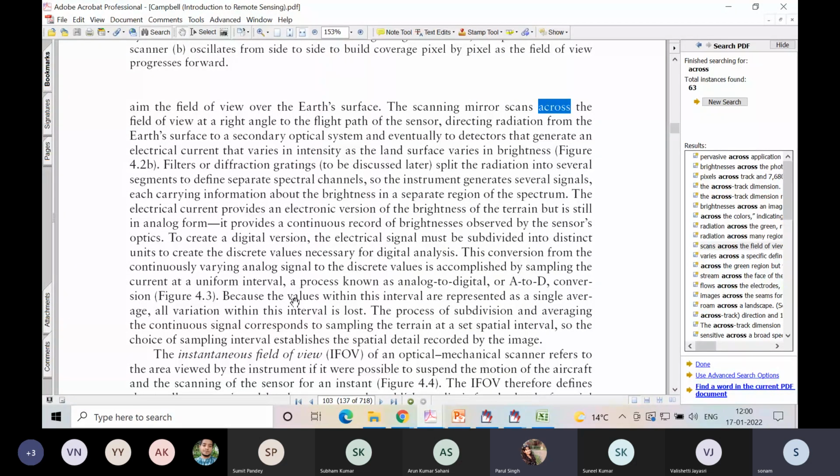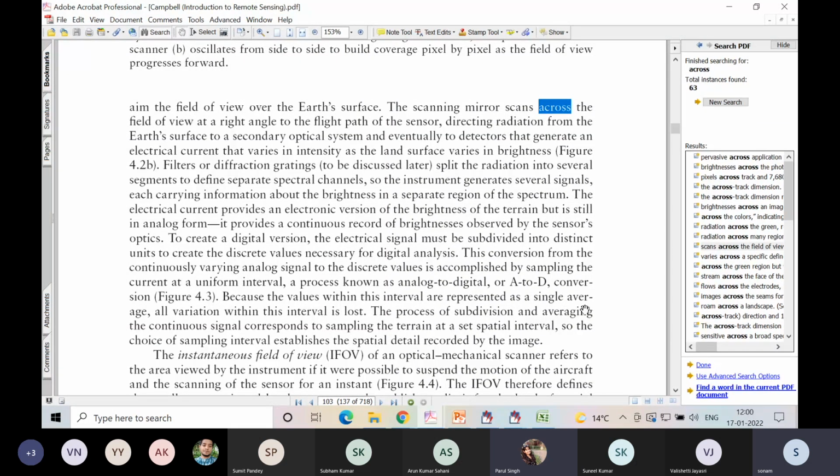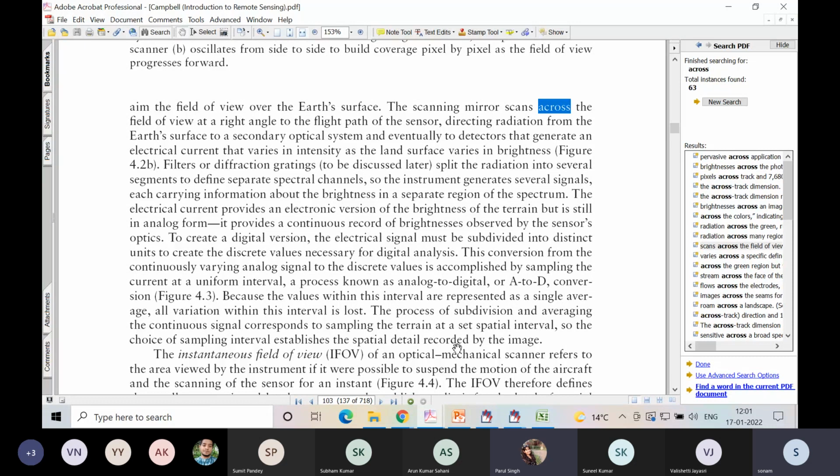Because the values within this interval are represented as a single average, all variation within this interval is lost. The process of subdivision and averaging the continuous signal corresponds to sampling the terrain at a set spatial interval. So the choice of sampling interval establishes the spatial detail recorded by the image. Okay. So this is the whole working of क्रॉस ट्रैक